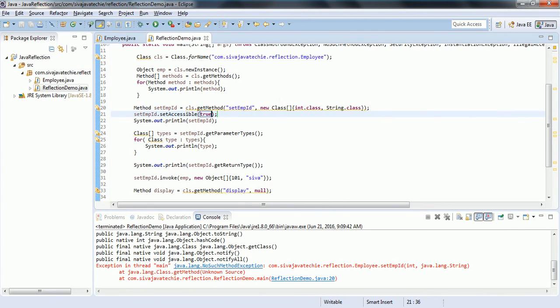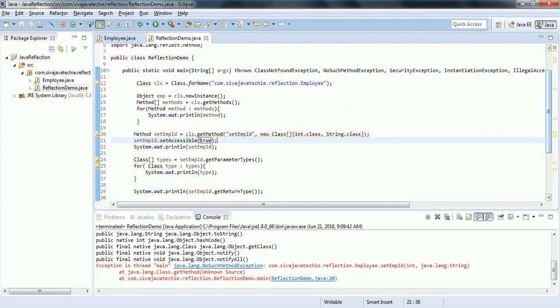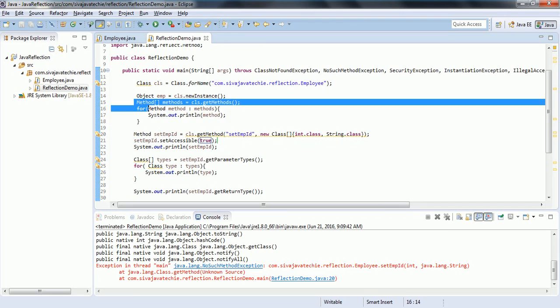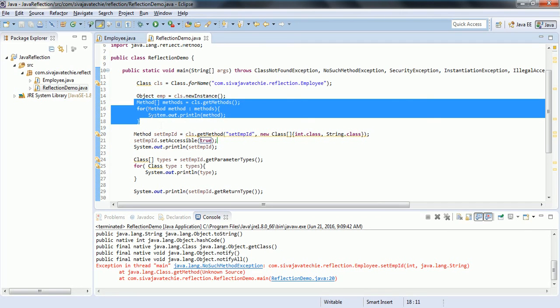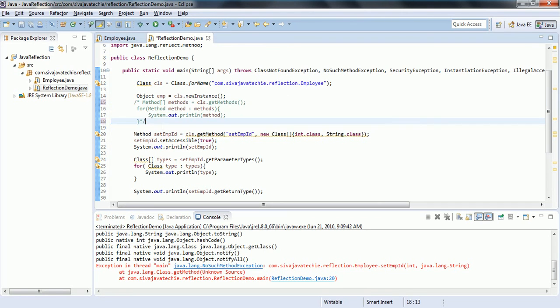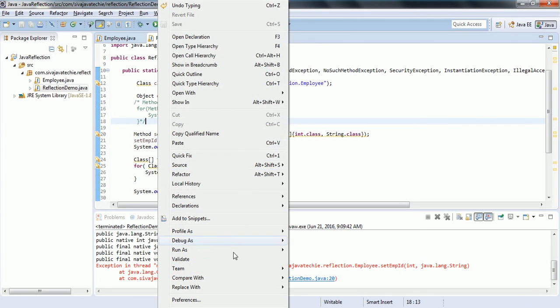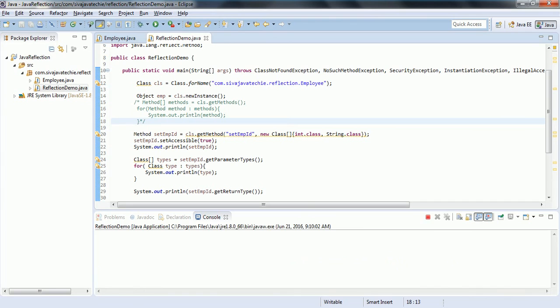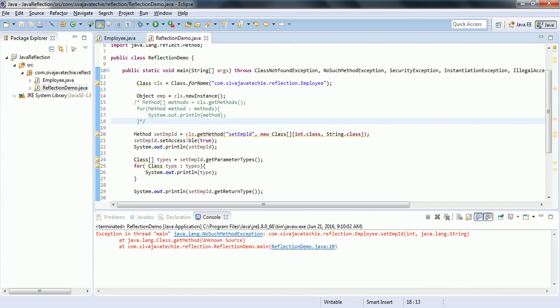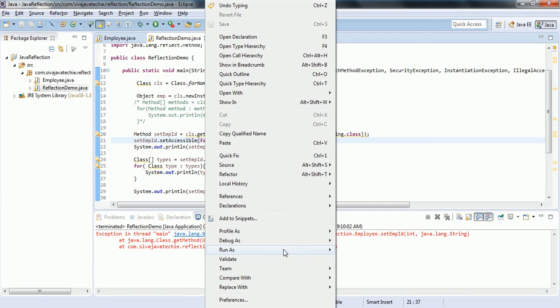No. Okay, this is the case, right? I just don't print the methods here because it is trying to access the exception. Now if I go ahead and run this program, it does not give me any error. setAccessible false. Now let us go ahead and run this program.